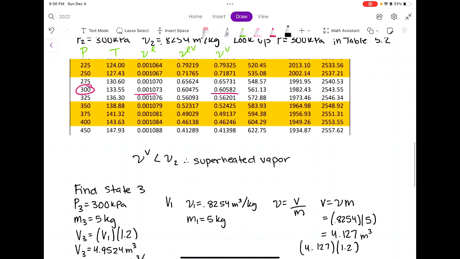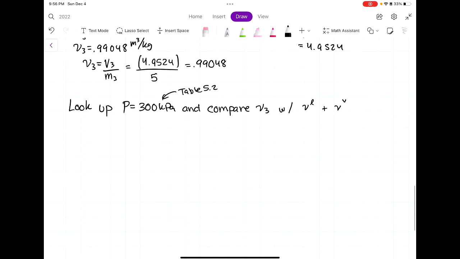So I see here that it's still the same numbers, right? Because it's still at 300 kilopascals. So my specific volume for saturated liquid is 0.001073. And for the vapor, it's 0.60582. Again, these are from the table we just looked at. In ours, the specific volume at state 3 is